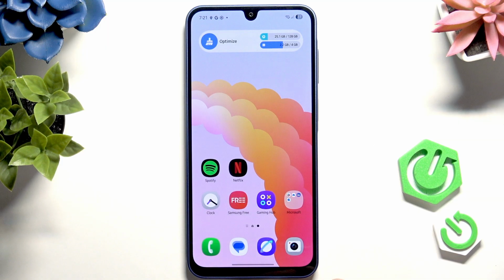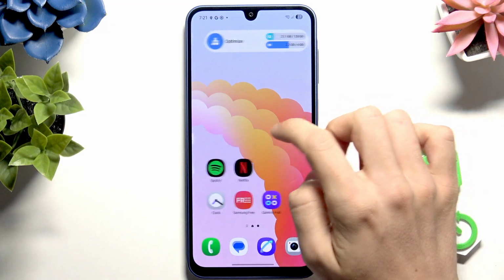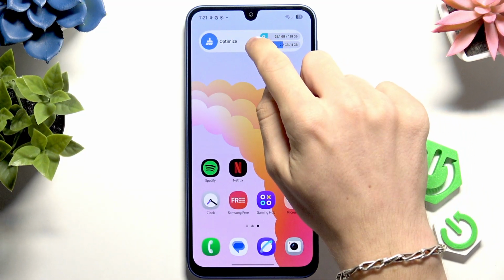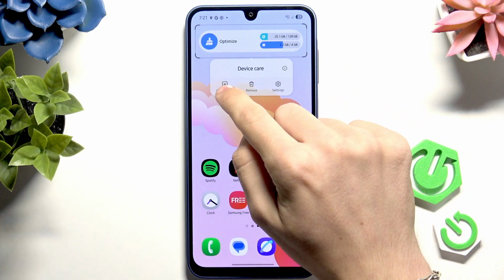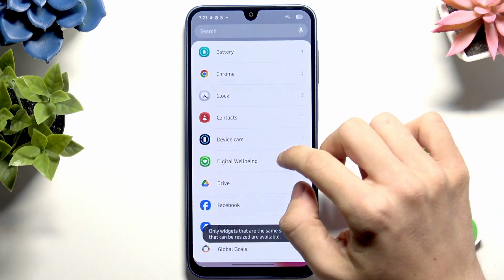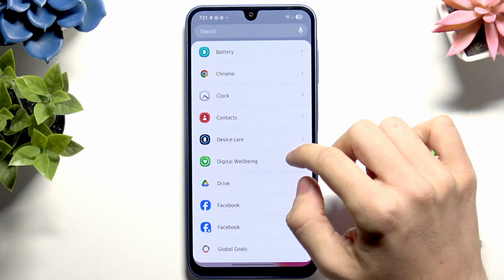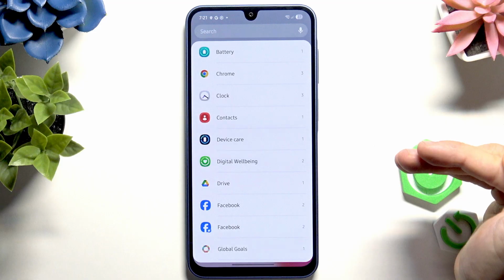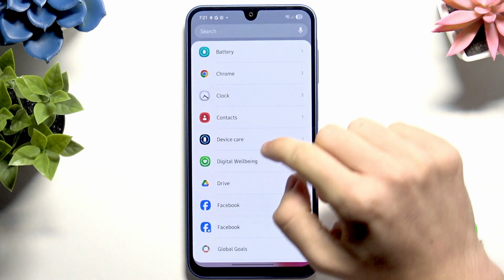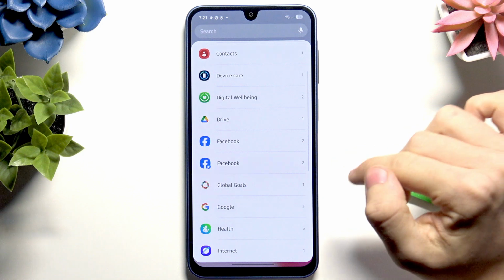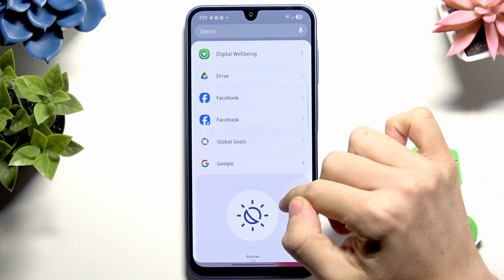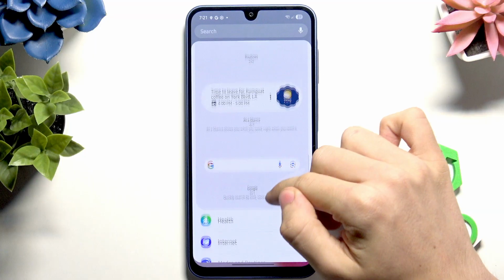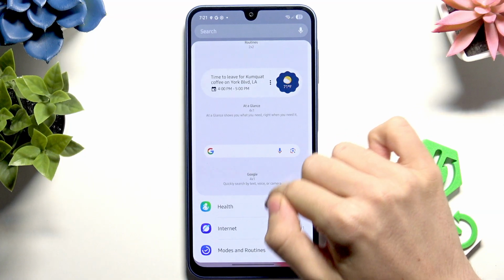Now, speaking of widgets, you can create a widget stack. Once we have this widget, we can press and hold on it, then click on create stack. I'll explain what it does in a moment, but first let's add a second widget on top of that. It has to be the same size, so it has to be 4x1 in my case. I'll try to find maybe some 4x1